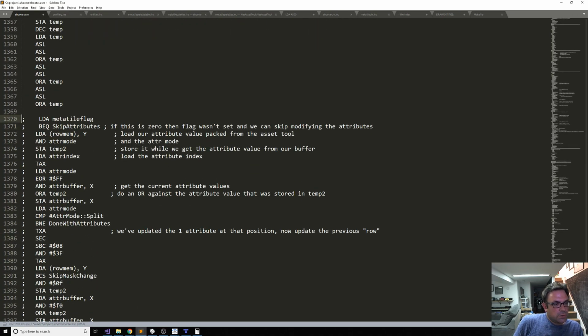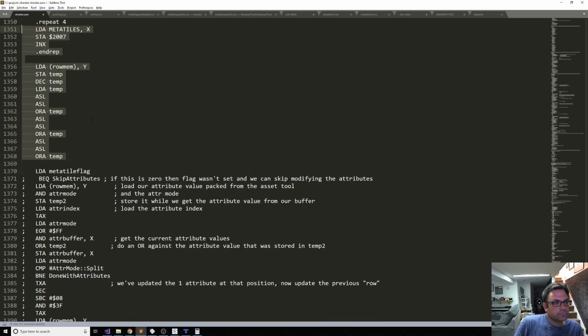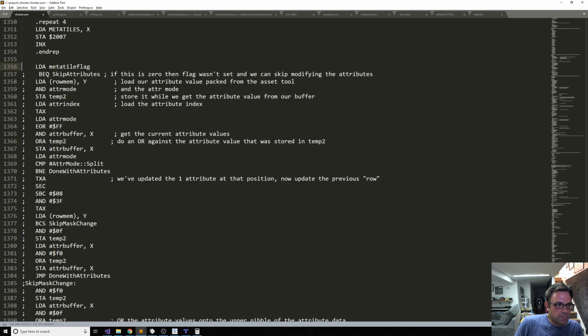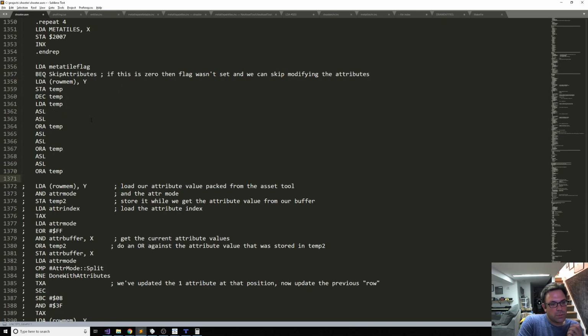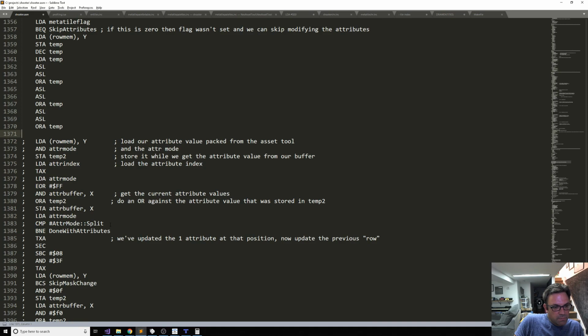So let's see. We're going to look if we've, yeah, we don't need to do this every time anyway. So for meta tile flag, okay, if we've actually loaded a new row of meta tiles, then we need to figure out, are we in split mode or are we in full update mode? Now, if we're in split mode,